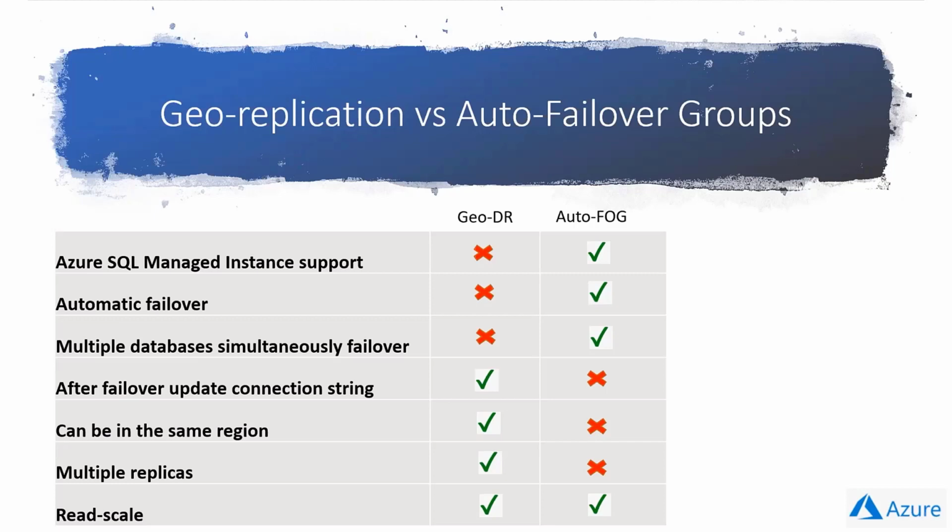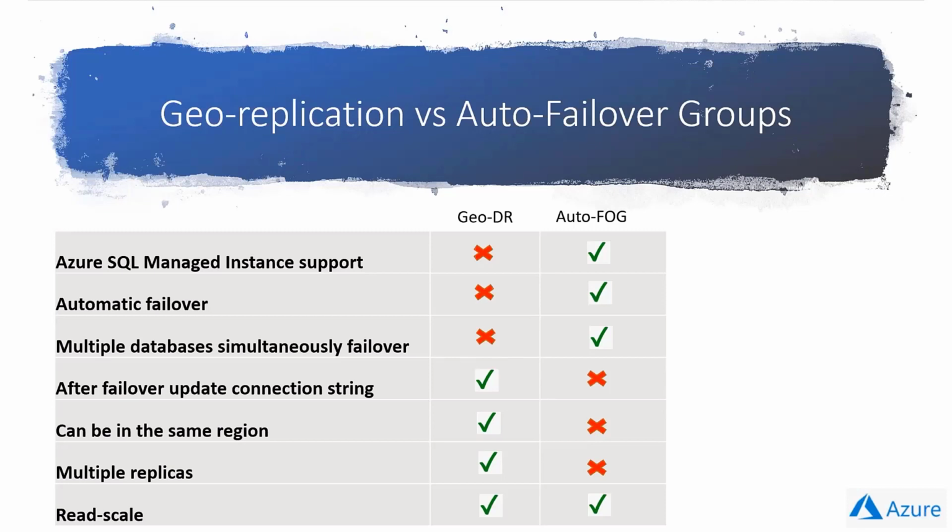So this is useful. Of course, when you're planning your architecture, you want to make sure that you are okay with failing over this group of databases at the same time, right? There will be times when you have an issue with one database but the other ones are running, so will you be okay doing the failover of the entire group? If that's not the case, if you say, no, I want to have them separately, you can create separate failover groups for each database, or of course, use Geo Replication in that sense.